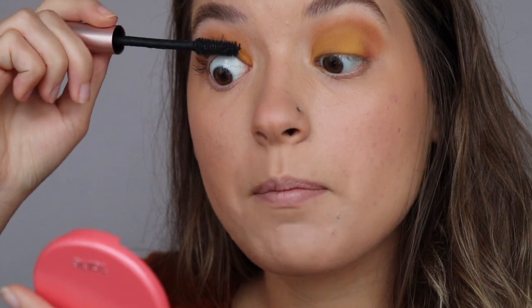easy. Alright, mascara. This is my L'Oreal Voluminous Mascara. This stuff is supposed to be a dupe for the really popular Too Faced mascara. I don't really know if that's true. I also don't really know if I even love this mascara. I feel like it's kind of clumpy and sticky. Like, I don't really feel it, but I also ain't got the money not to use products that I buy, so...